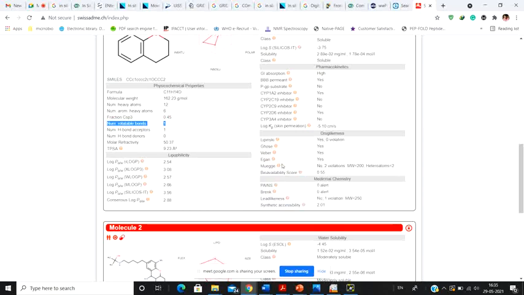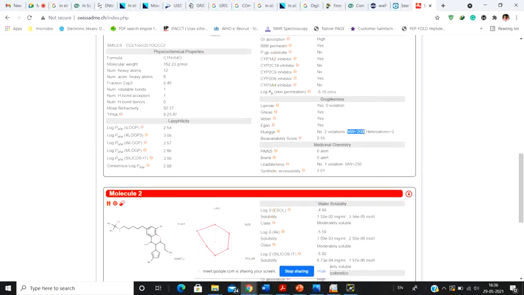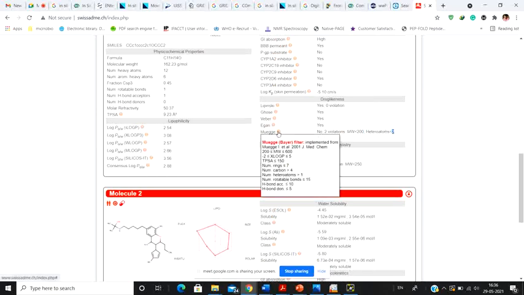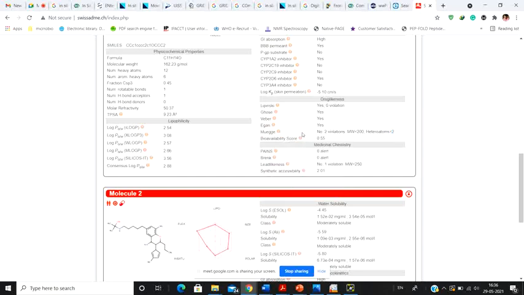Why? Because what are the violations? It says there are 2 violations. The molecular weight is less than 200, because yes, this molecule is really small, and it has heteroatoms less than 2. What's the Muegge parameter? See, this is Muegge's parameter. The molecular weight must lie within 200 to 600. XLogP must lie within -2 to 5. Then you have TPSA, number of rings, and all the other kinds of things. So it says there are 2 violations, and the bioavailability score is 0.55.